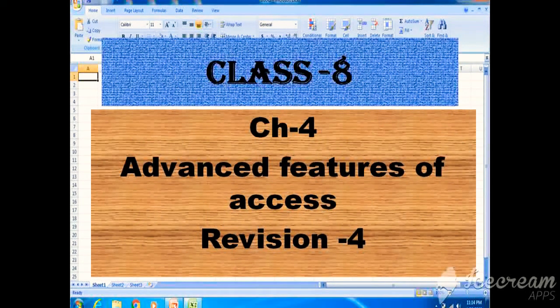Class 8. Let's begin our today's revision. Today we are going to revise some advanced features of MS Access. By this time you must be knowing how to create a table in both the views and what applications we can apply on the tables, right?